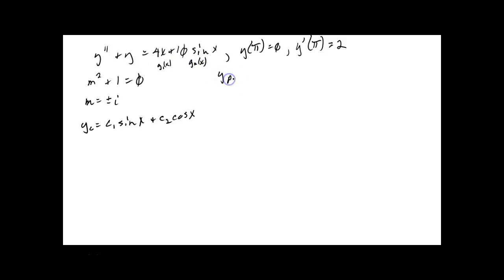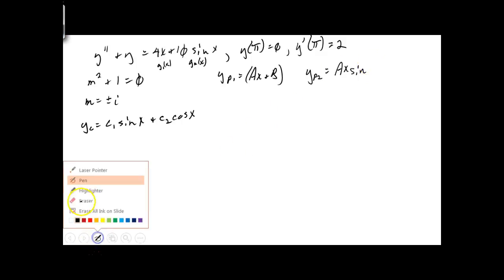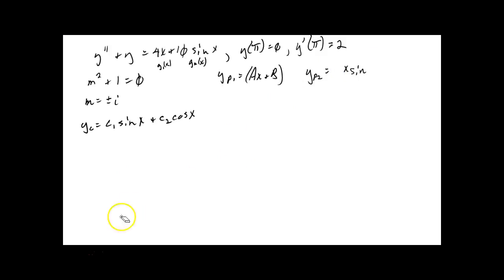So you tell me, if this is g1 of x and this is g2 of x, what's your yp1? Ax plus b. Very good. What's your yp2? Ax sine x. Perfect. Okay? What do we put there? Cx sine x